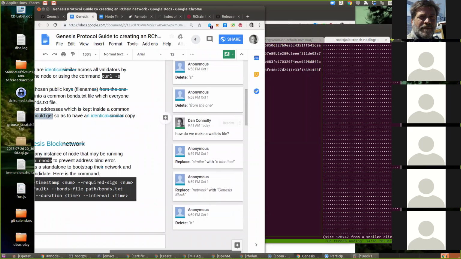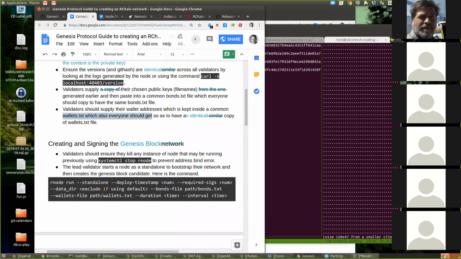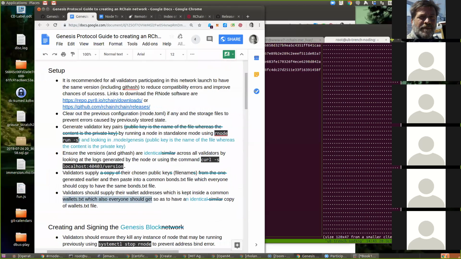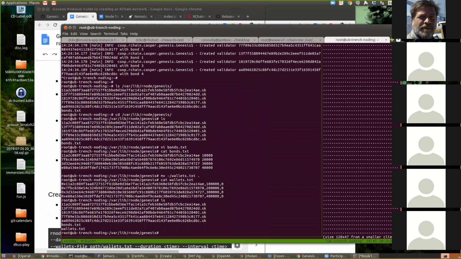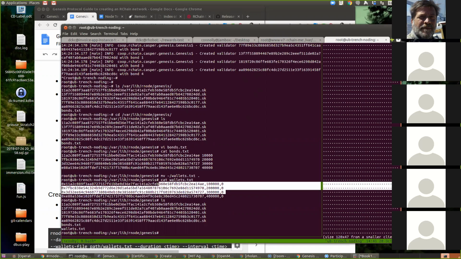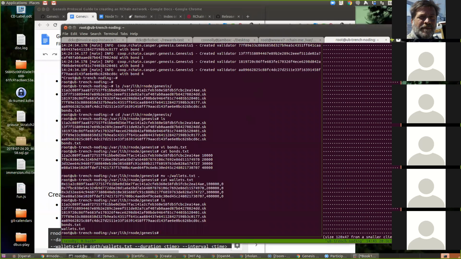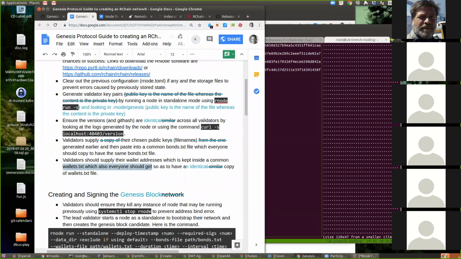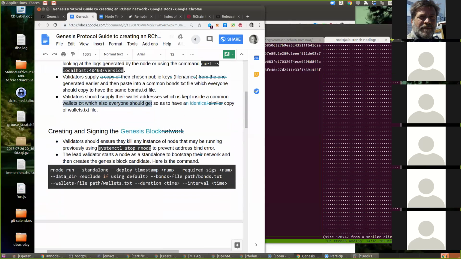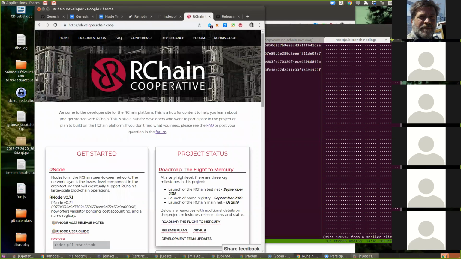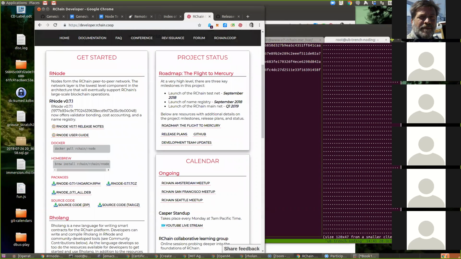How do you mean, Dan? I'm just saying that anybody following this documentation would not have enough information to create this. Oh, okay, right. It says we all have to have the same wallets text file, but it doesn't say what goes in there. What the hell?